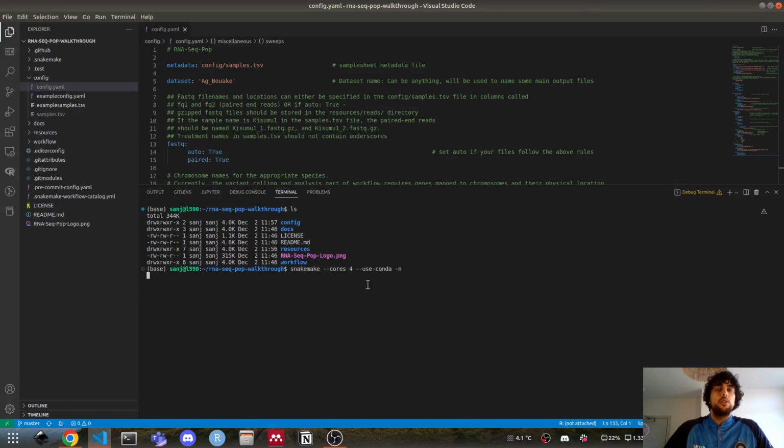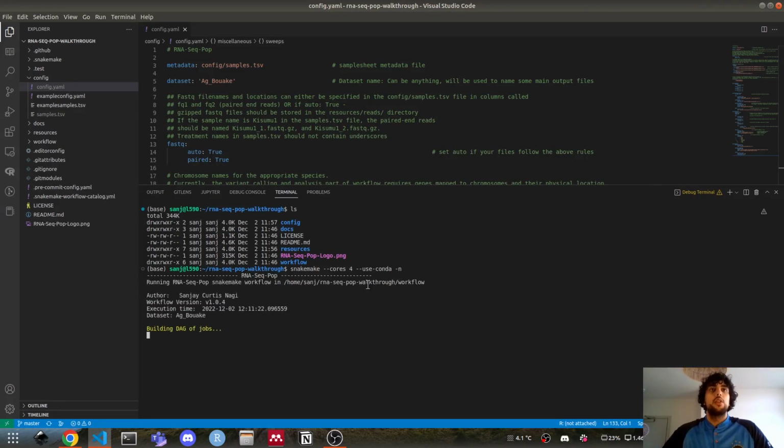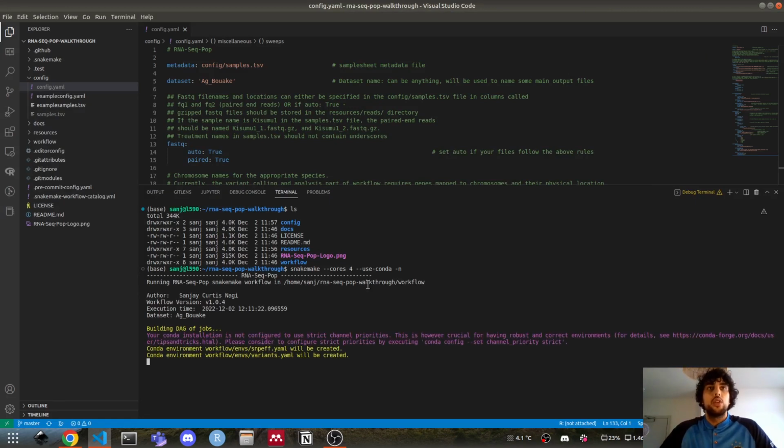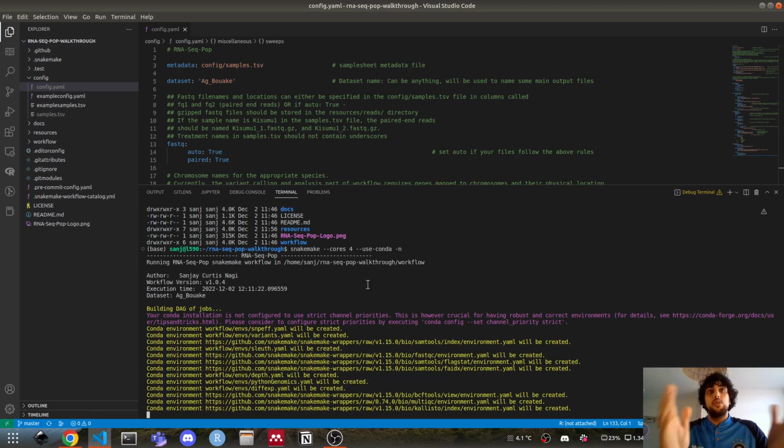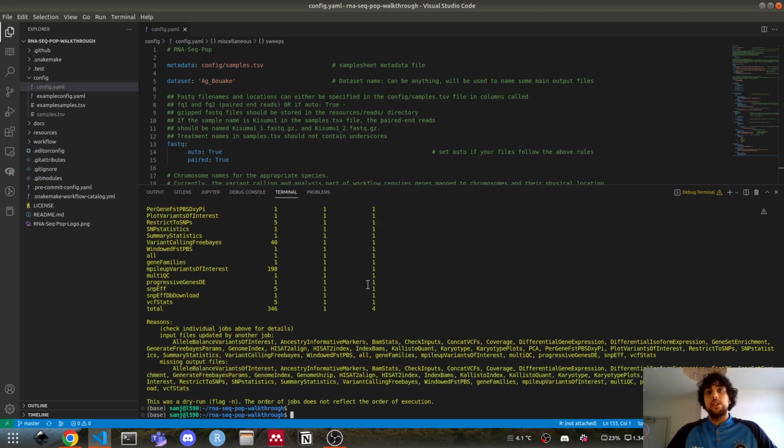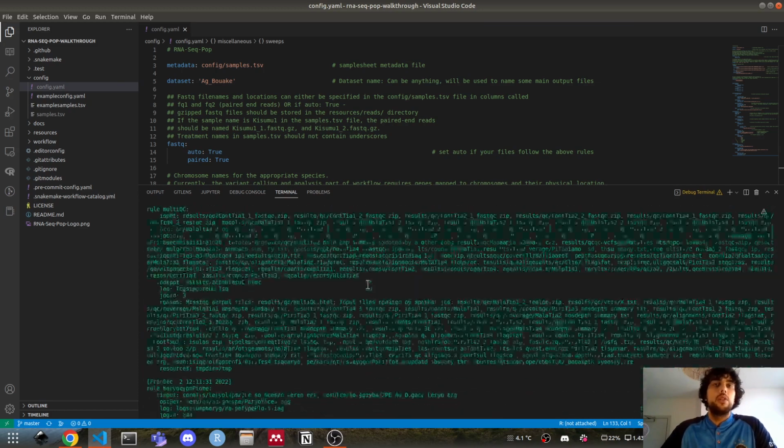So we're going to run this. We're going to run Snakemake with 4 cores. You may want to use more if you're running it on a server. And we're going to use this parameter, use conda. This is telling us, please install everything through conda so that I don't have to install it all. If we don't use conda, you'll certainly get errors because RNA-seq-pop will be trying to use certain programs which just aren't there. And believe me, there are so many programs that RNA-seq-pop uses, it's unfeasible to install them all ourselves.